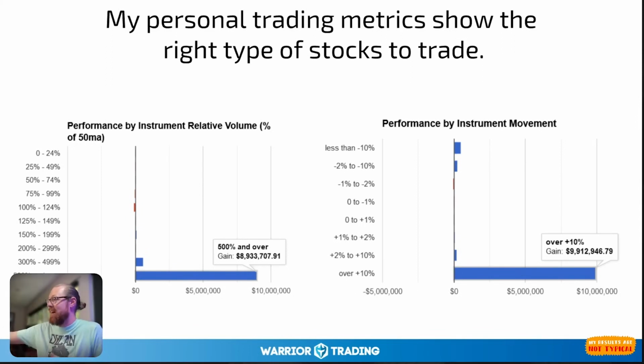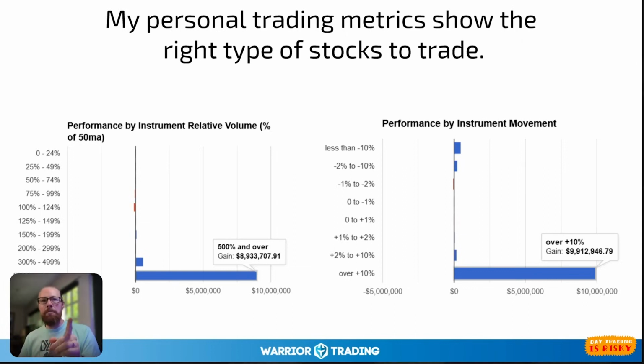As you watch another class that I've taught, you're going to watch a little bit more. So you're going to learn a little bit more. So you just keep getting these incremental boosts of learning. And for me, I have learned beyond a shadow of a doubt that the right stocks to trade have high relative volume, are up at least 10% on the day, are priced between 2 and 20, generally 1 and 20.